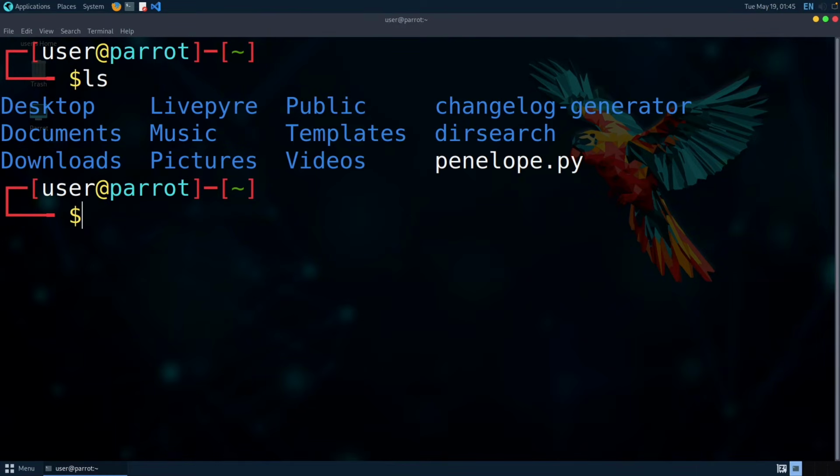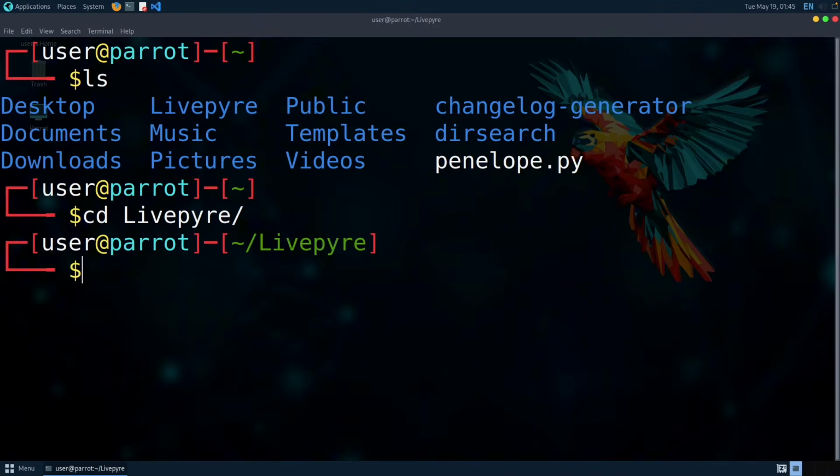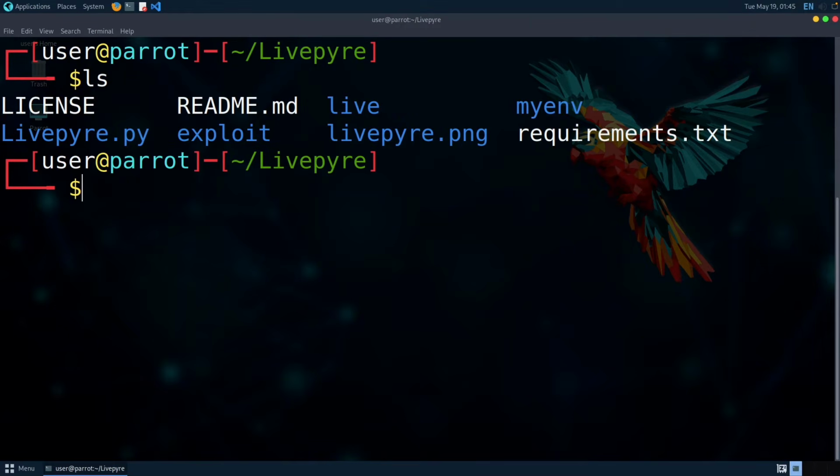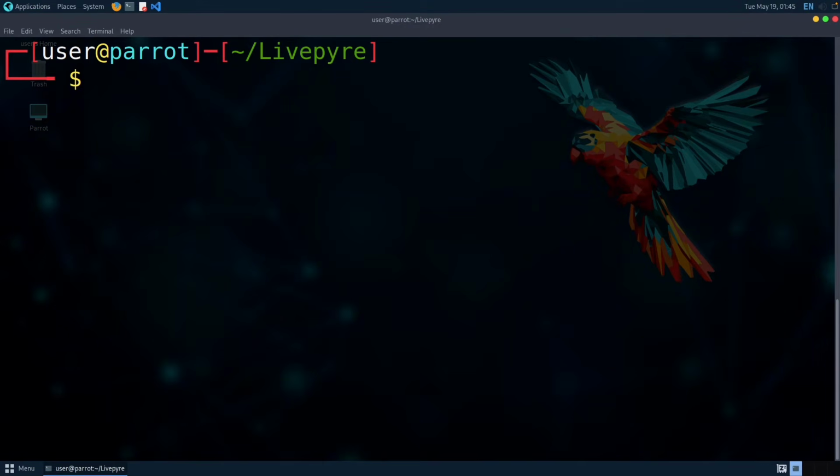Now, another command that we can take a look at is, let's say I go into this directory here, I'm going to make sure it's capital, live Pyre. This is just an exploit for a vulnerability in an application that I did for a CTF lab. In this video, I'm just going to show you this command called du, right? So du basically shows the folder or file sizes within a current directory. So du -sh